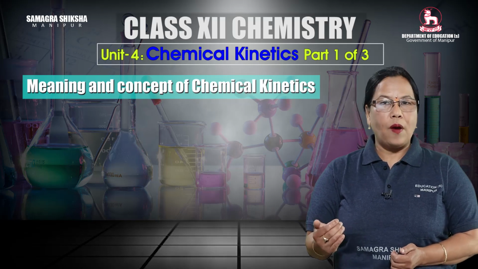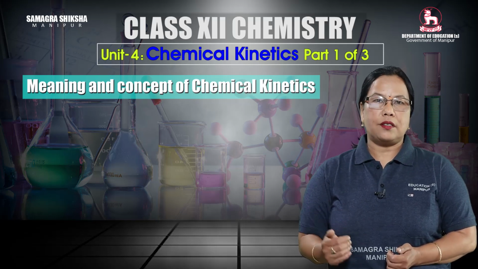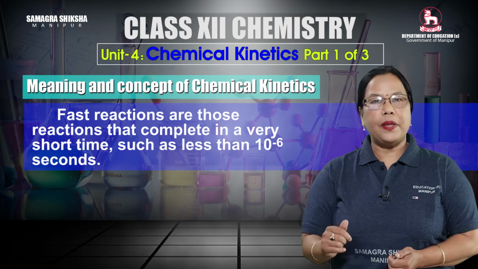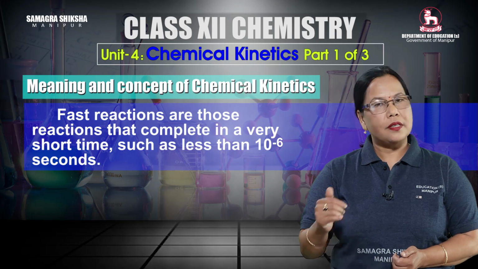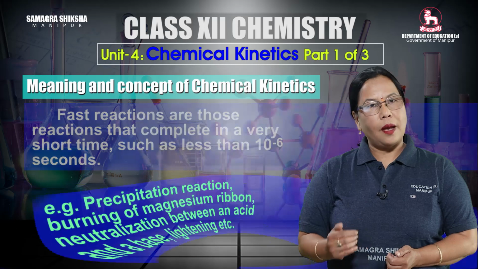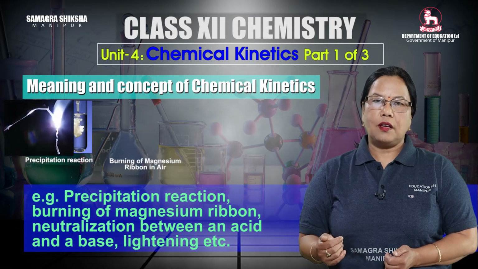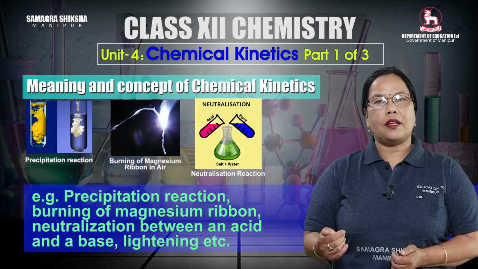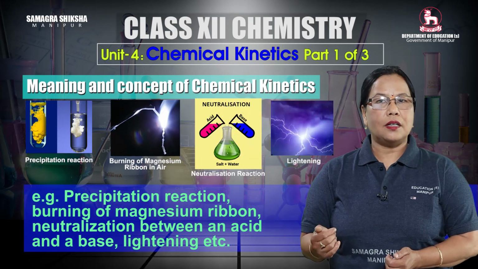Let's see how fast the reactions are and the slow reactions are. Fast reactions are those reactions that complete in a very short time, such as less than 10 to the power minus 6 seconds. For example, precipitation reaction, burning of magnesium ribbon, neutralization between acid and a base, lightning,